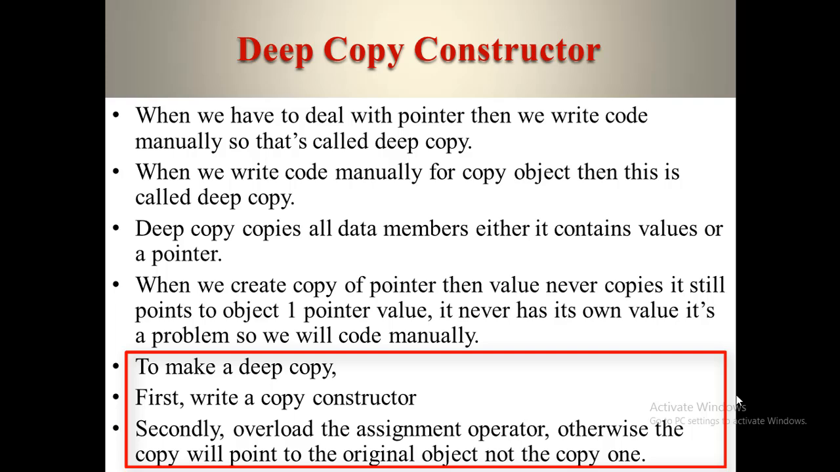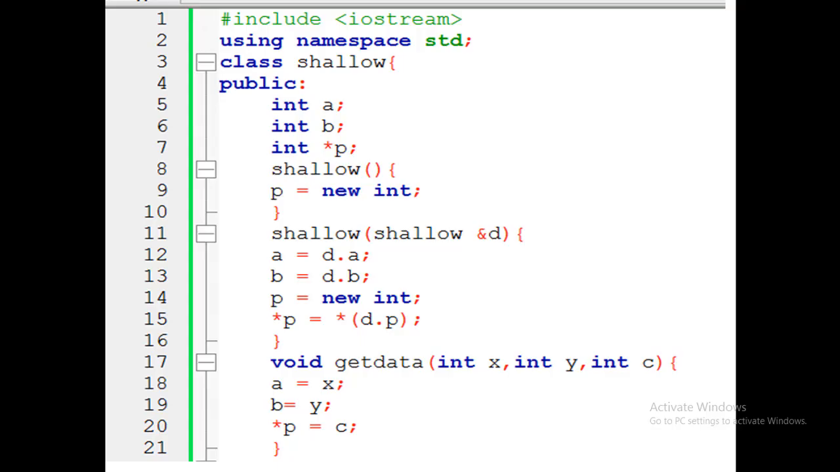Let's understand it with an example. This is a simple example of a deep copy constructor. This is the same example which we discussed in the previous part. We made small changes so that students can easily understand the difference between the shallow copy constructor and the deep copy constructor. First of all, we define the class whose name is shallow. In the body, under the public access specifier, we define two variables, a and b, of int type. Here we add a new